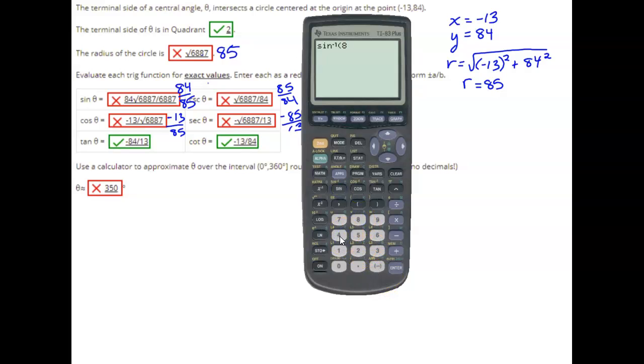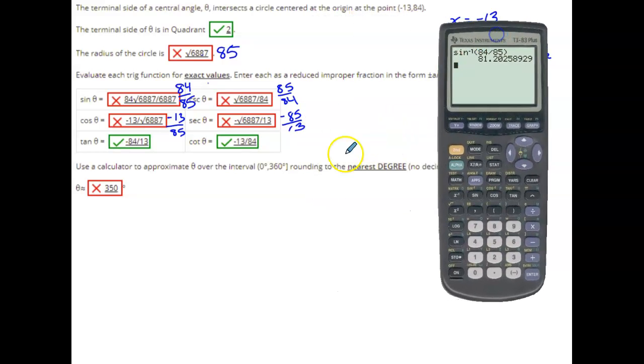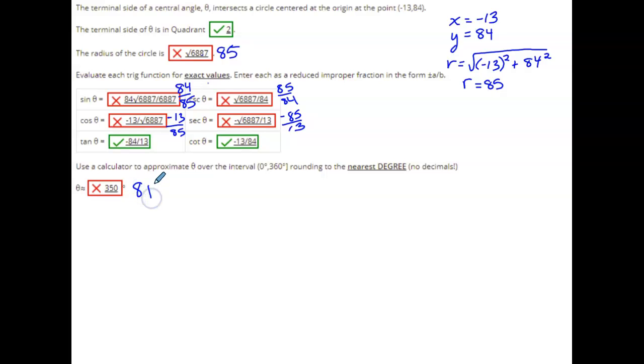So arc sine of 84 divided by 85 is 81.2026 degrees, and it says to round to the nearest degree, so that would be 81 degrees in quadrant 1,